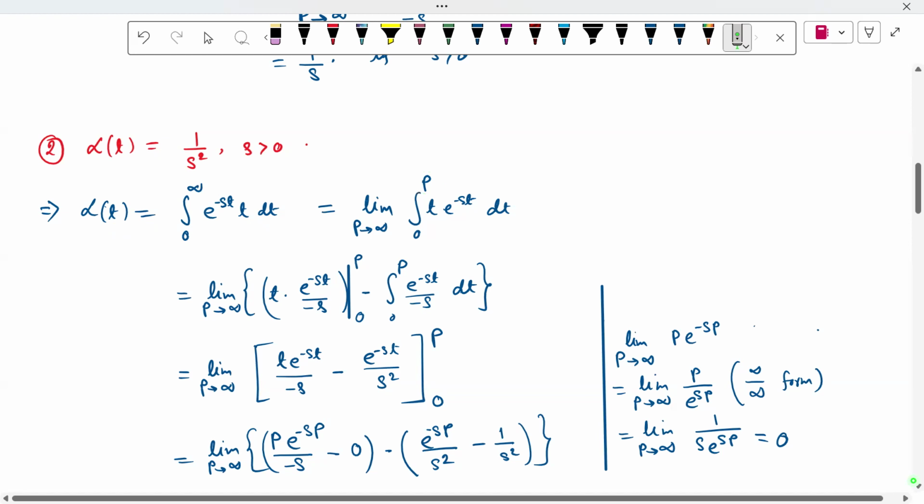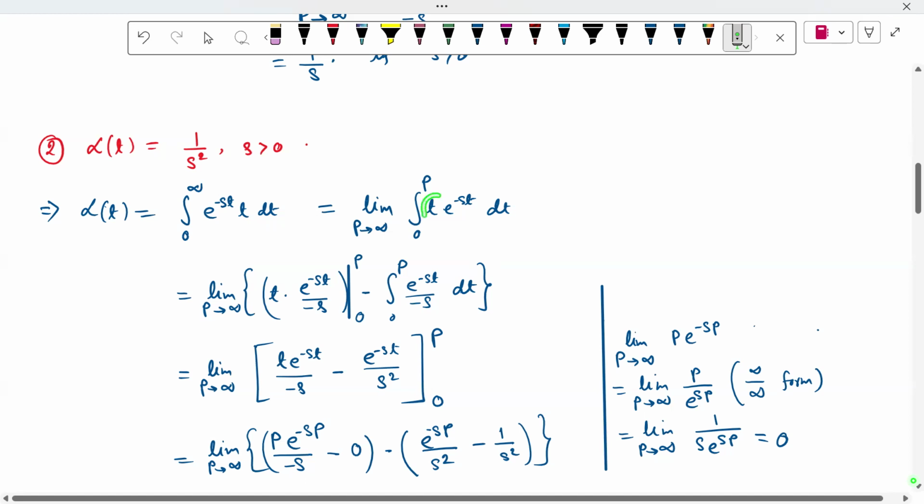Now here we use integration by parts. We take t as the first function and e to the power minus st as the second function. We keep t as it is and integrate e to the power minus st, so t e to the power minus st by minus s, with limits 0 to p,